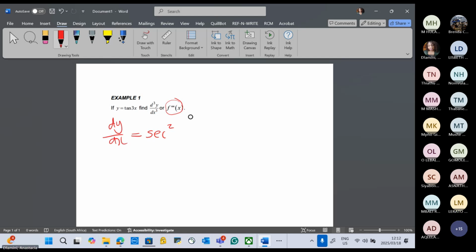Yes. 3 sec squared 3x. Are we all together or someone is confused? Together. Then from here, the second derivative, d squared y over dx squared is equal to